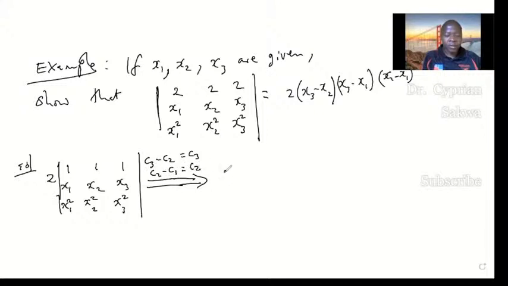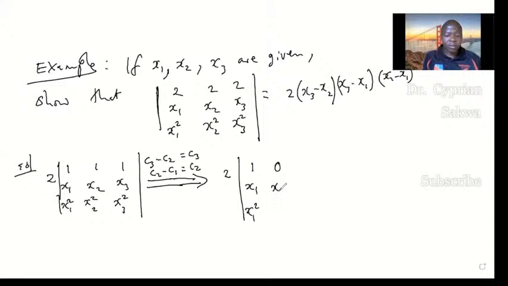So what this gives me is that 2 is still outside there. Column 1 remains where it is. Column 2 minus column 1